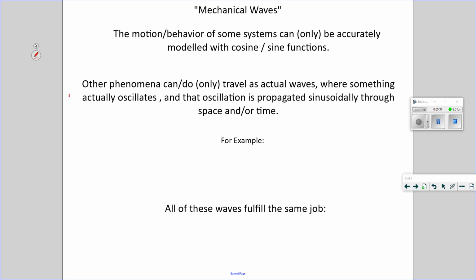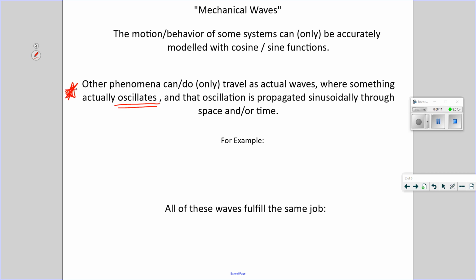However, some phenomena are actually waves. What happens is that something somewhere oscillates back and forth, and the energy associated with that oscillation is transferred through space or time, or quite literally, through material. And that's what a wave really is. So for example, there are a couple of different main